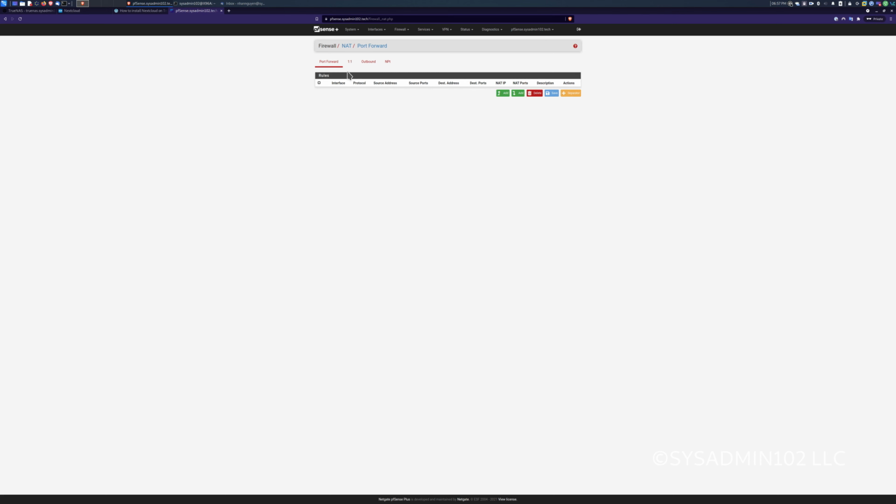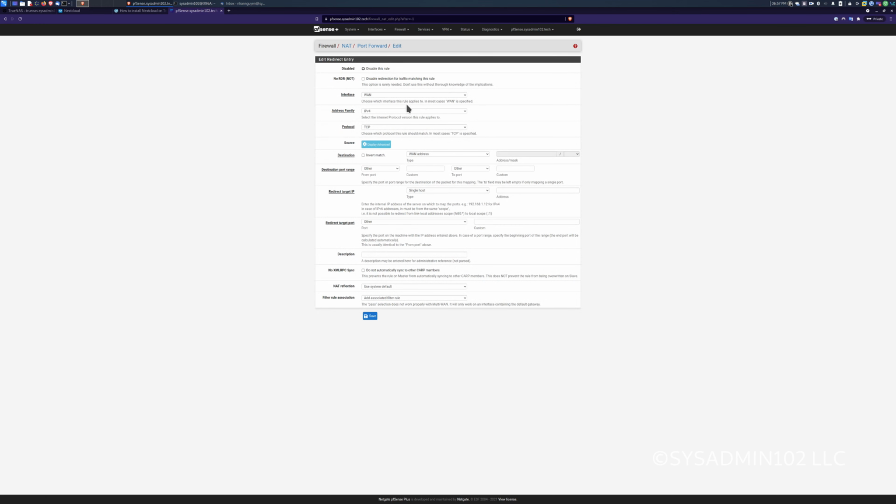It might be a little bit different on your router, but make sure that you have a DDNS up and running, and also that you set up port forwarding on your router. The two ports you're gonna need for it to work are port 80 and 443, so HTTP and HTTPS.